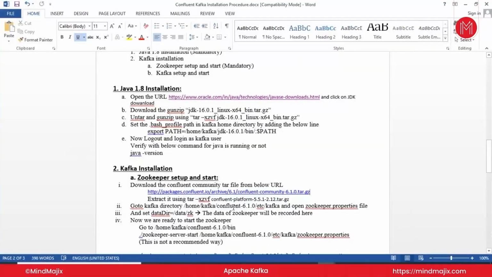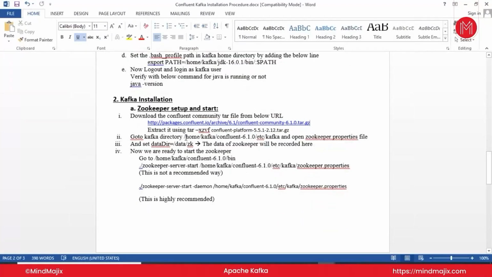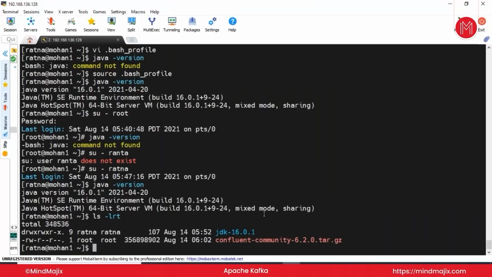So after getting the software, what to do? You have to extract it using tar -xzvf. Here, it is Confluent Platform 5.5 that I have given. It means the documentation is pretty old, but you just have to change the versions. That's it. So if I do tar -xzvf and then type this tar file, the Confluent Community installation